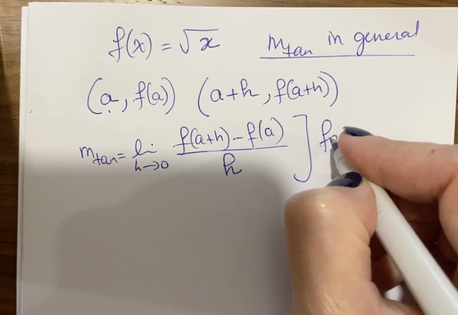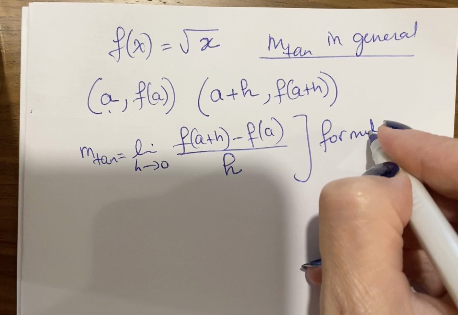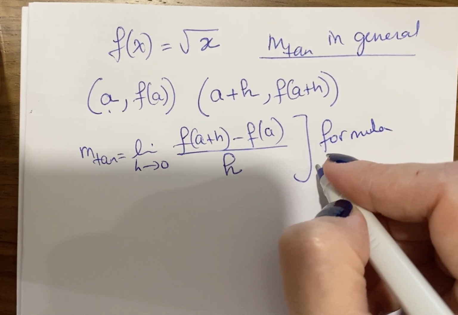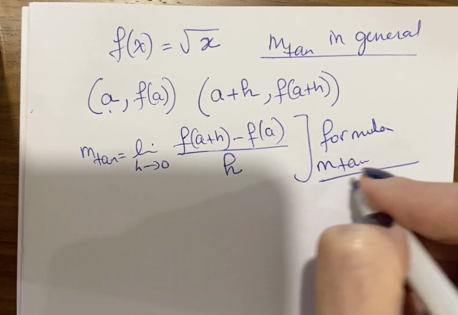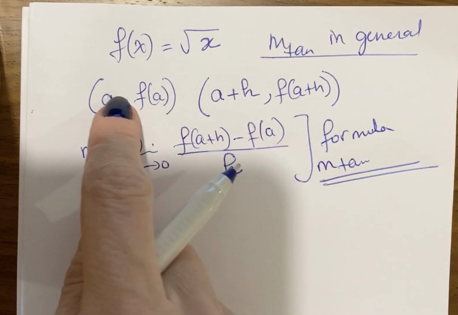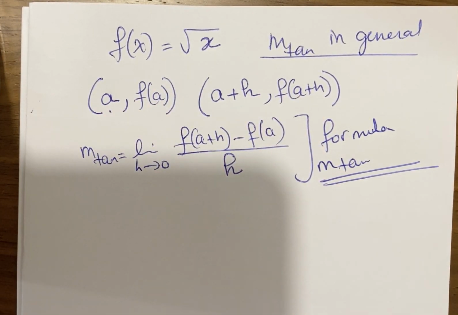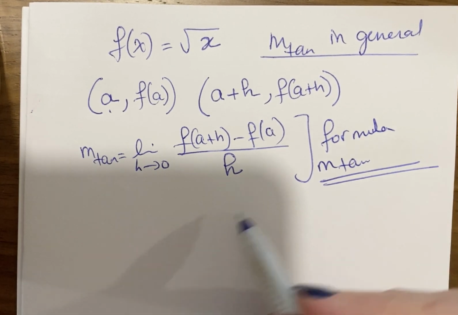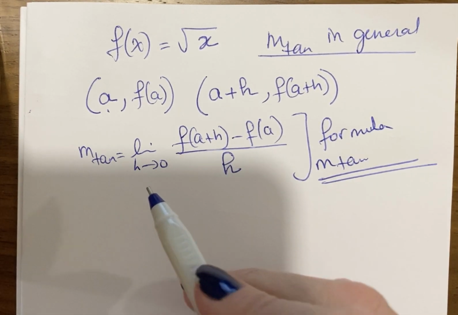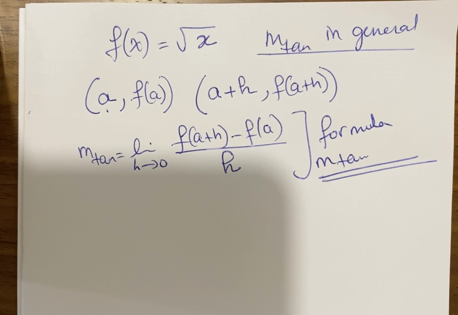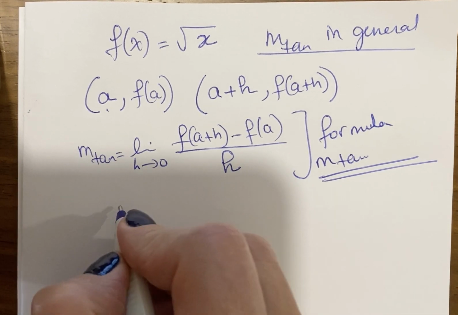This is the formula that you can use in order to find the slope of the tangent. If you have a good memory and you don't want to write those 2 points and think of a slope of a secant, then you can find the limit as h approaches 0 using a formula. You can memorize it. The slope of the tangent is the limit as h approaches 0 of f of a plus h minus f of a over h. This is equal to,